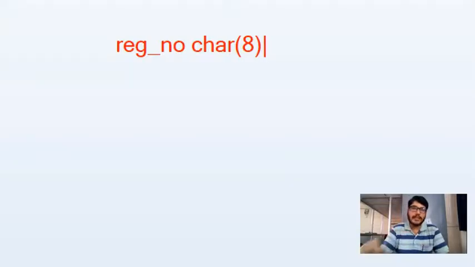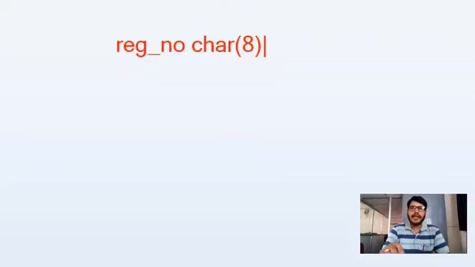It is having a fixed length. If we are storing a registration number in the database, it must have 8 characters. Minimum 8 characters and maximum 8 characters. So that is nothing but a fixed length of characters.